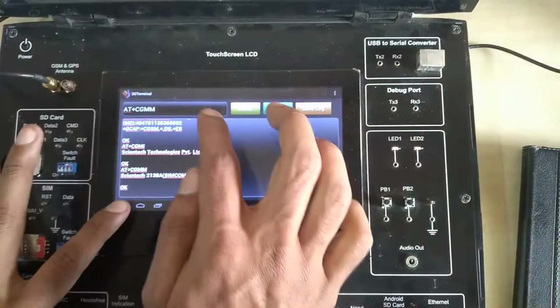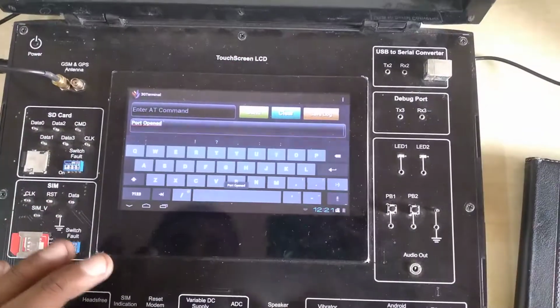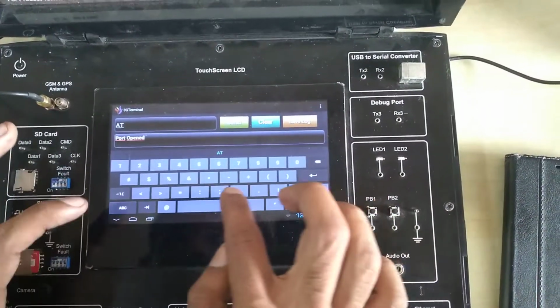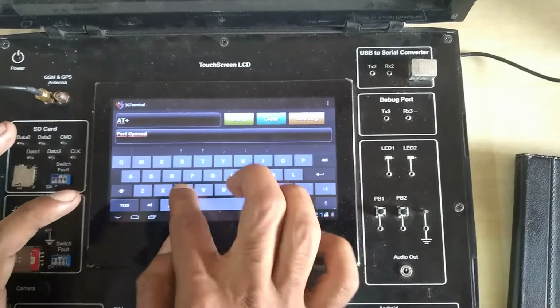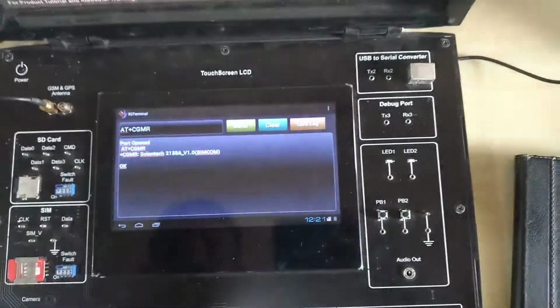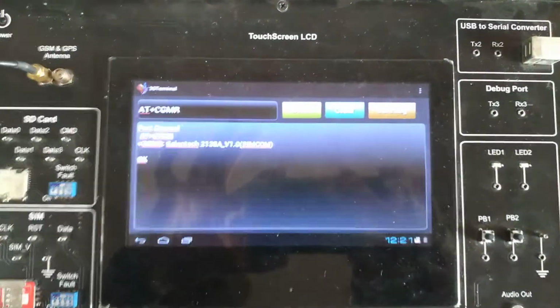Next command is CGMR. For this command you can refer to the user manual of this kit. You will get a brief idea about this.